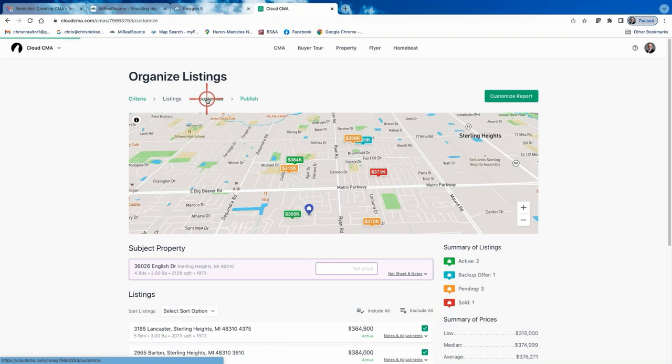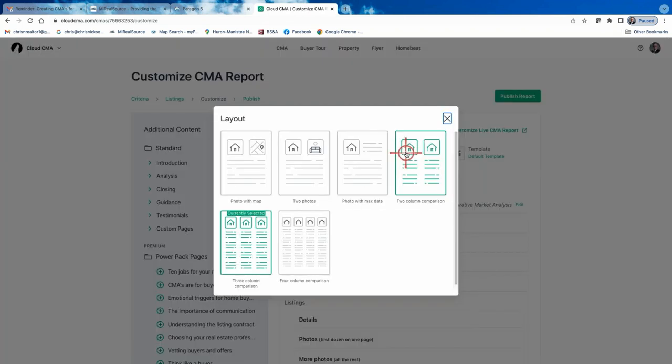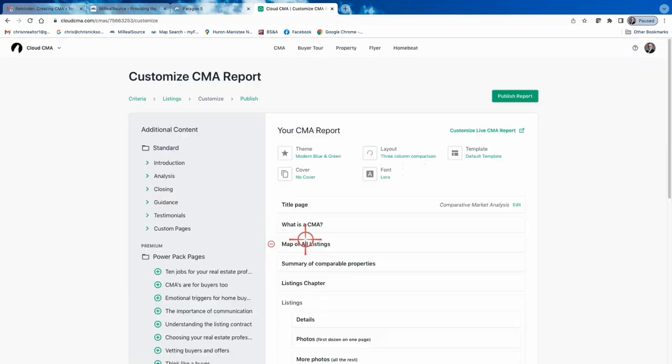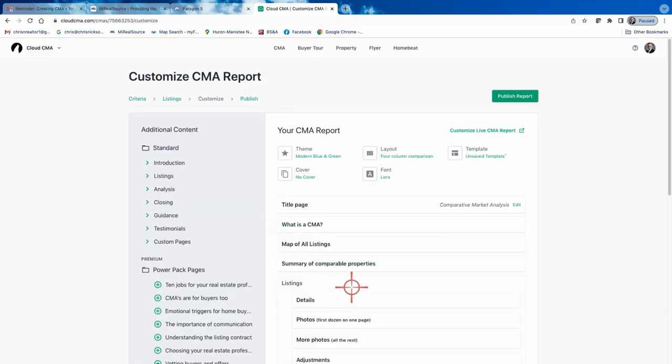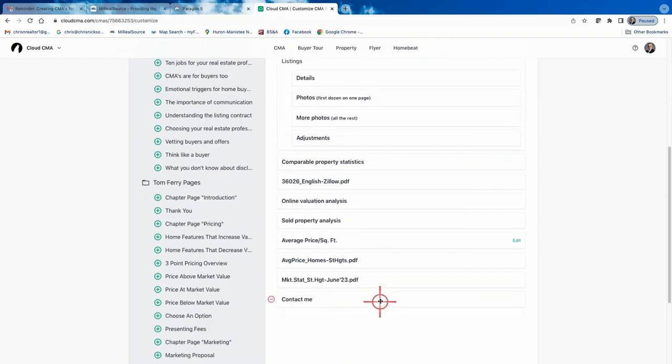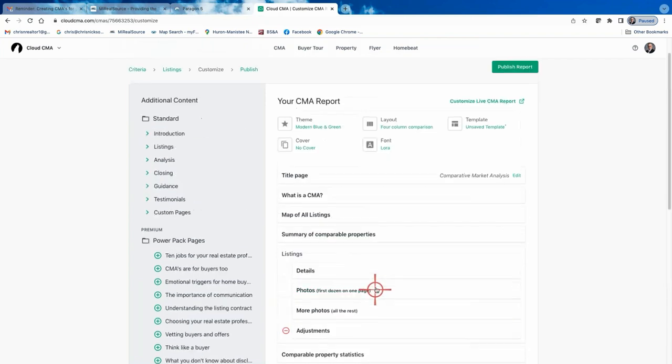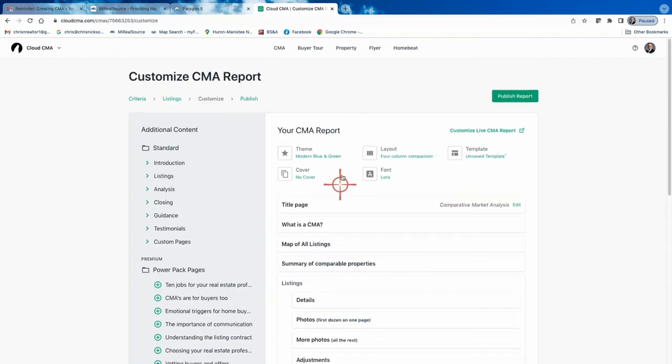Customize. On the 3-column pages, it just showed home 1, 2, 3, 4, 5, 6, and then 7 was on the last page. The report I use the most is the 4-column comparison. I'm going to show you why. Get rid of listing chapter. Don't want that in there. This should be everything I want right now. I'm going to show you why I use the 4-column comparison. We're going to publish the report,